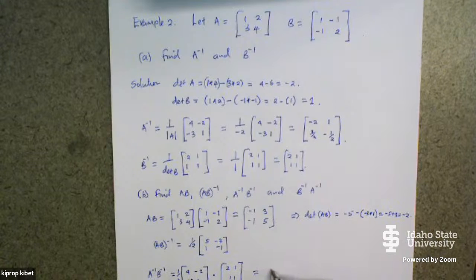You can just factor out 1 over -2 there, and then you multiply these two matrices here. When you multiply this, then you get